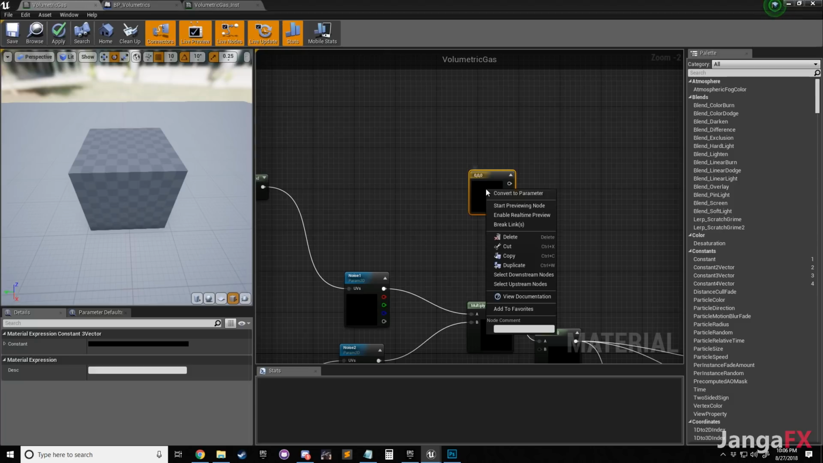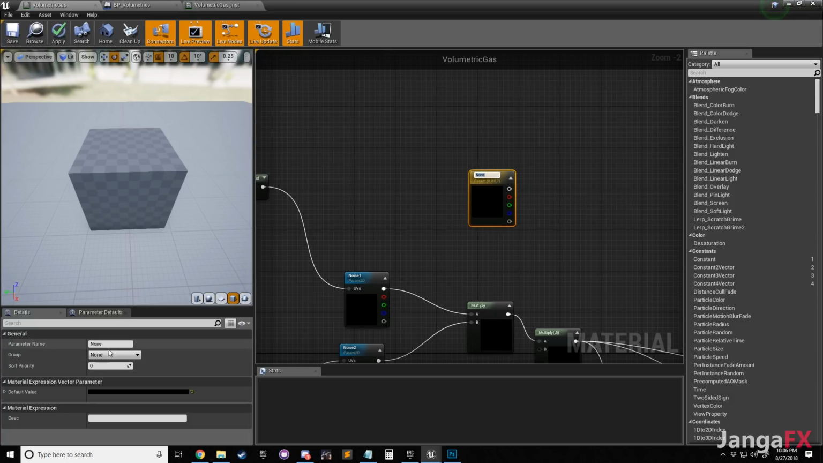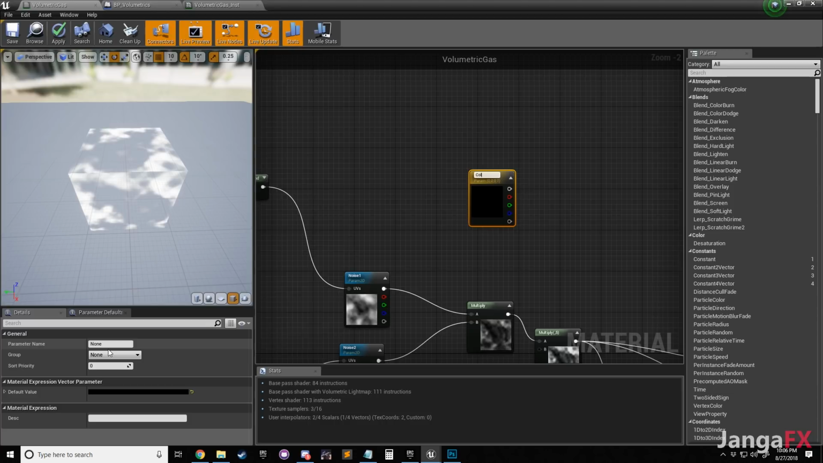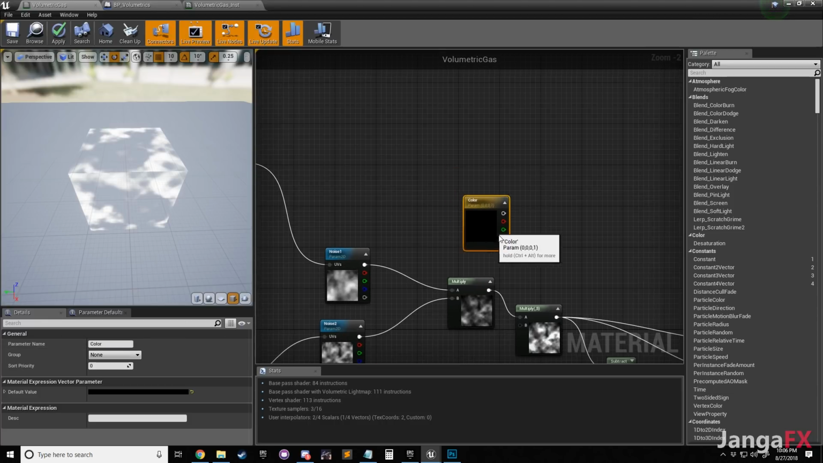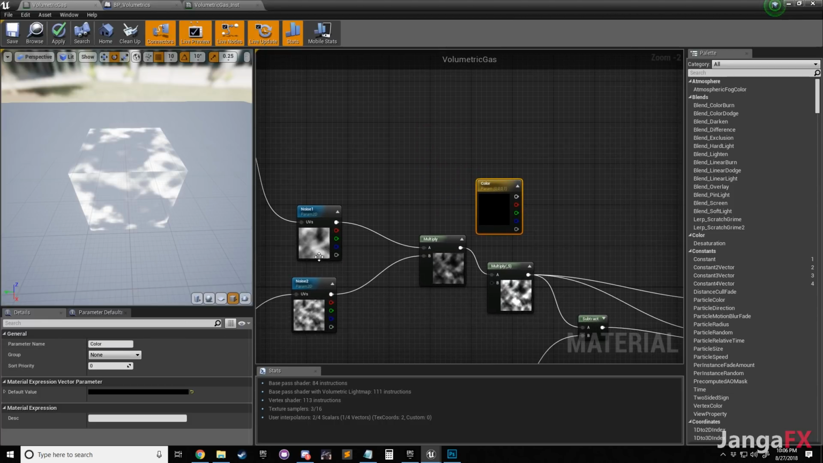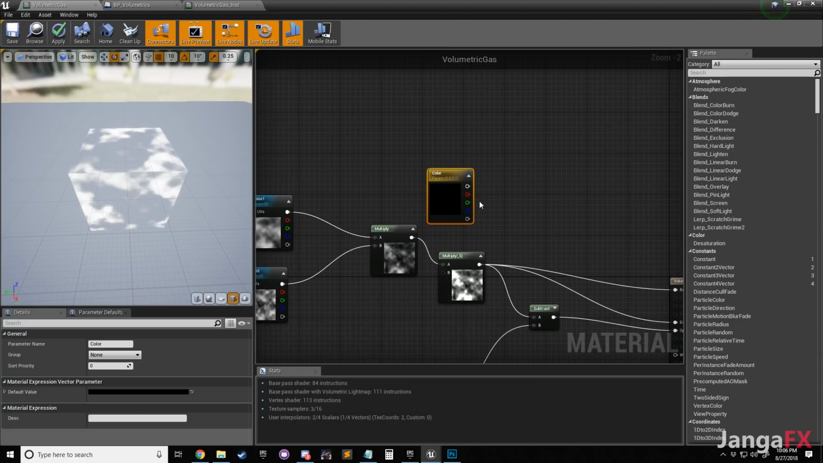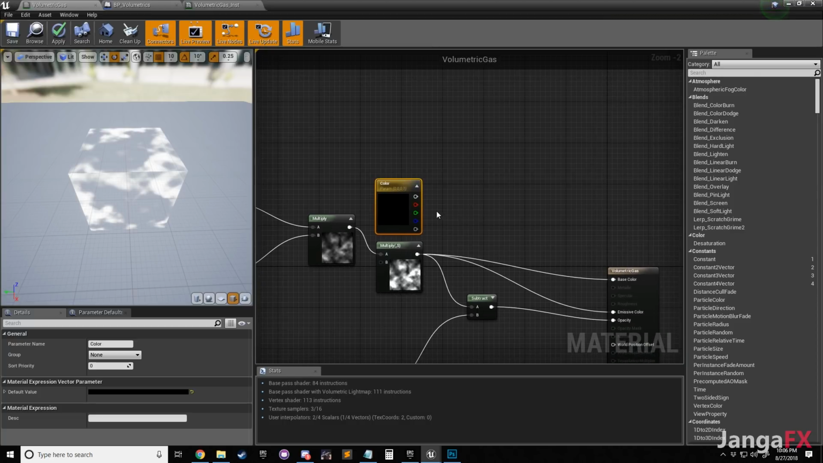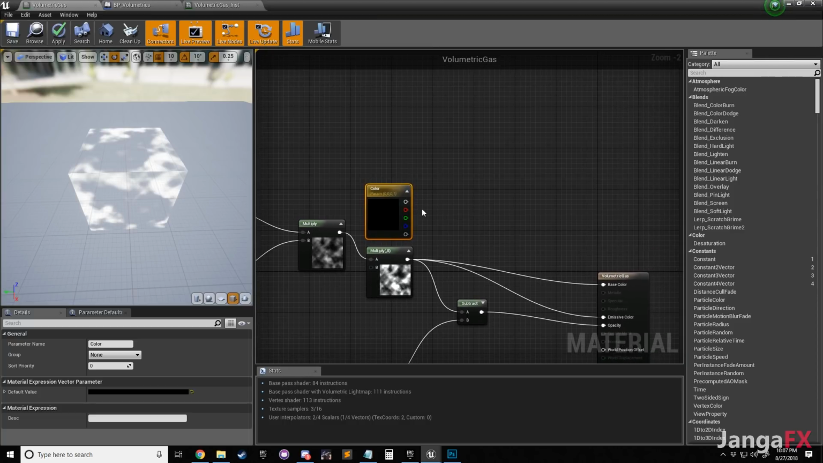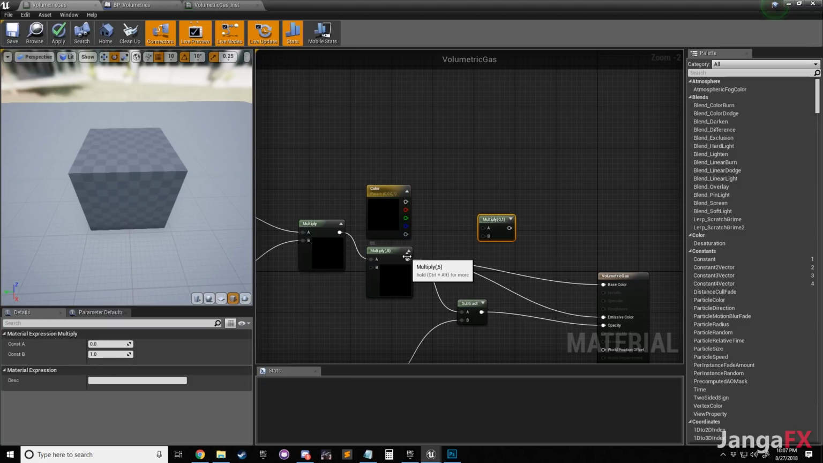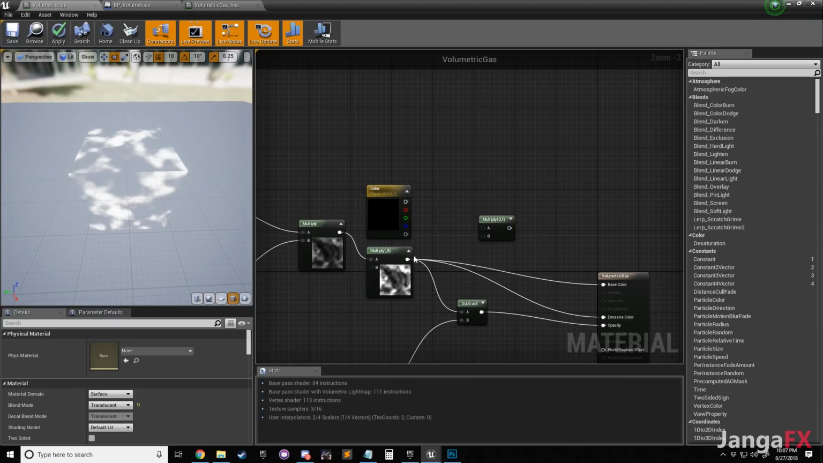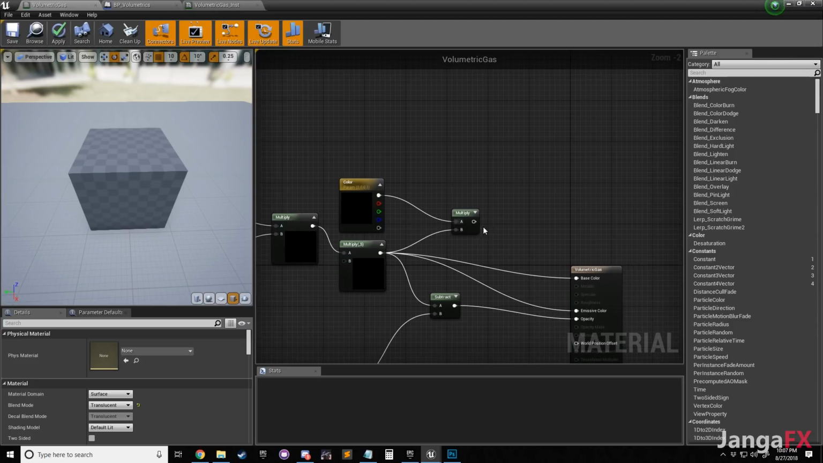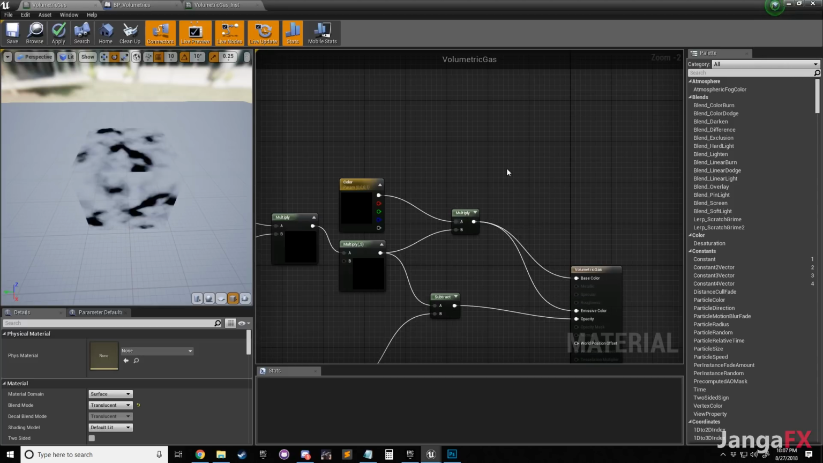So I'm going to hold down 3 on my keyboard and convert it to a parameter. This is our color, so we'll call it color, just like that. We could do it on a per noise basis, but I'm not really going to bother with that. We're going to multiply this just like that. And actually, no, I'll just drag it in manually. So we can plug that in, plug this into base color, and plug this into emissive. And then